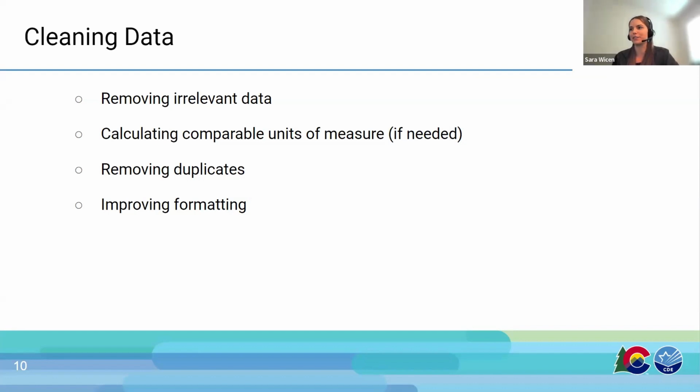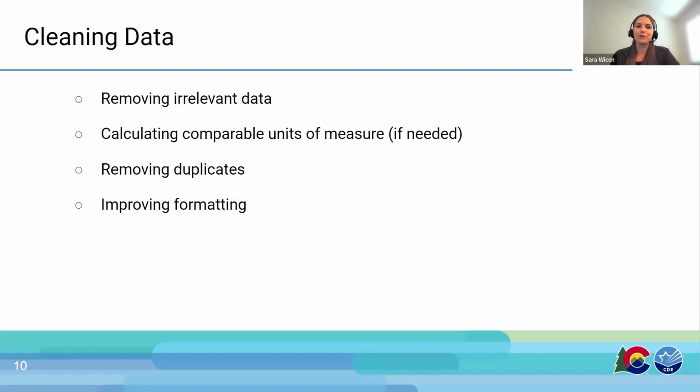These include things like removing irrelevant data, removing duplicate data, and improving the formatting so that whichever software you're using can work with it correctly and accurately display the data on the right X and Y axis if you're using those.